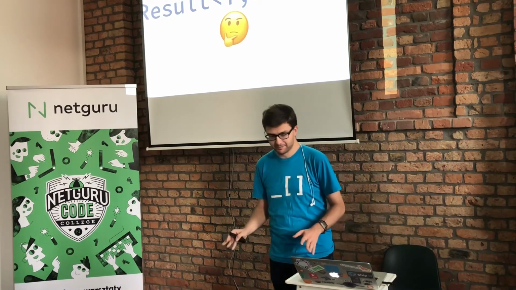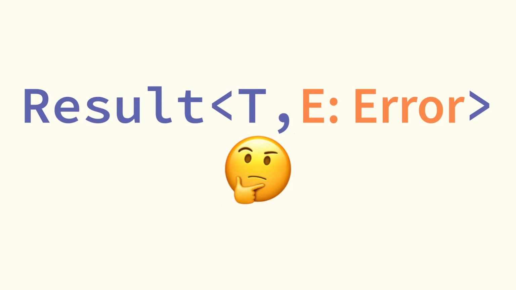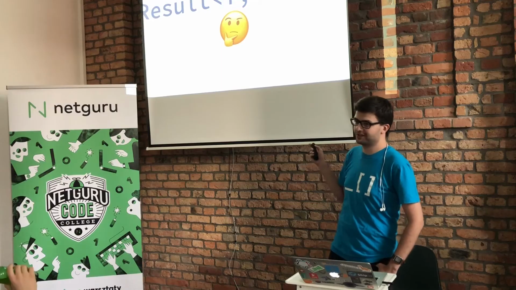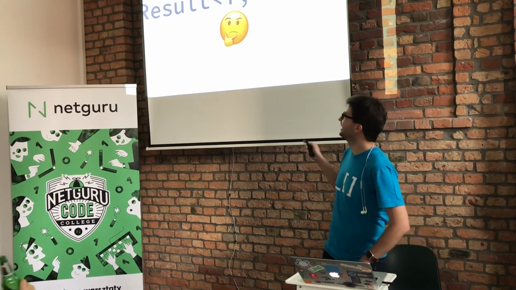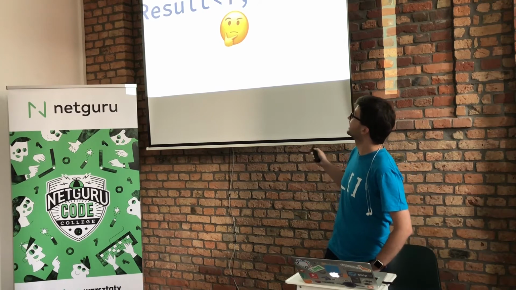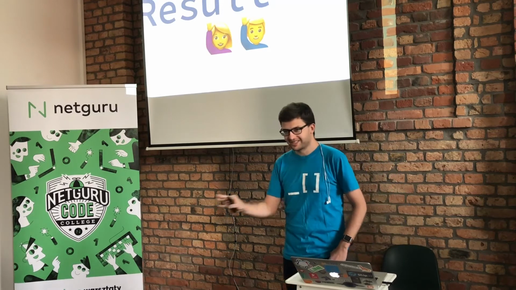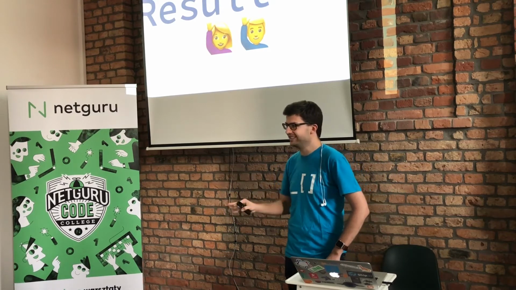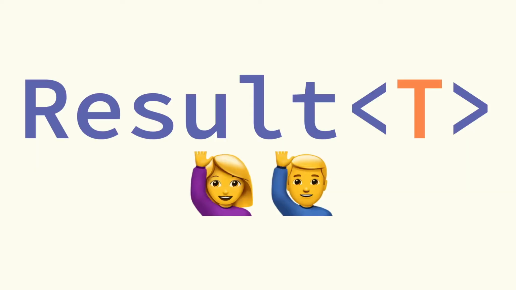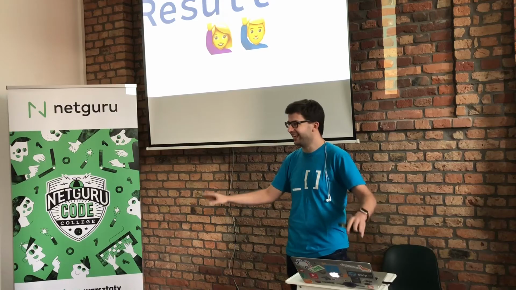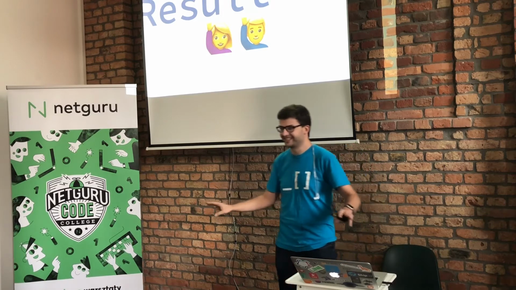By the way, you might be wondering about this part if you've been using error results before, because there is a great debate among people who are using results in Swift, whether we should generalize them only on the data or on the data and an error. So just a quick survey: please raise your hand if you prefer this version with only T. Please raise your hand. Don't be shy. We're all friends here, no one will judge.